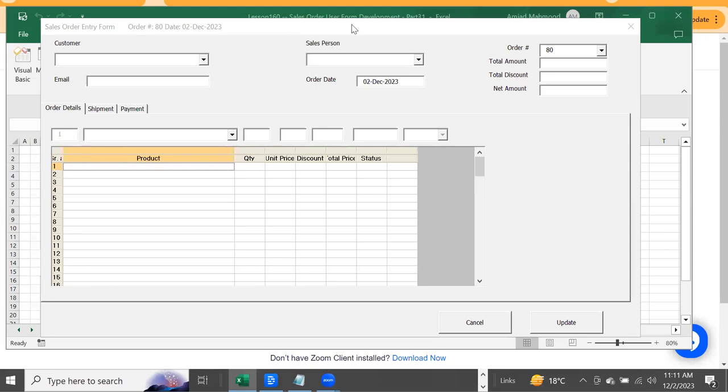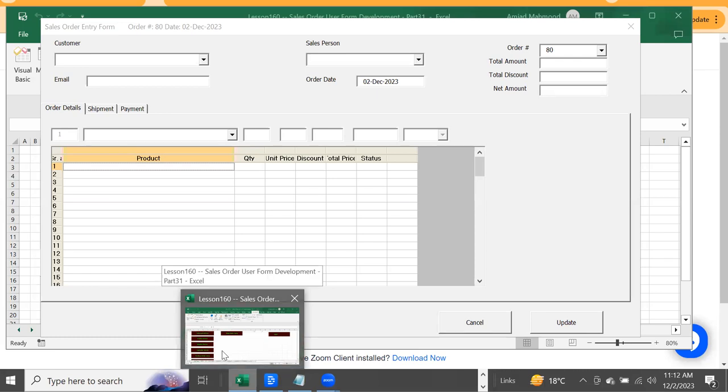In front of us is the sale order entry form, and we are now trying to move the data we enter in it from the form to the data table in the data sheet or worksheet, whatever you say. Okay, so in order to do this, the data has to be validated first, right? And in order to validate, we had created a structure in our previous session,